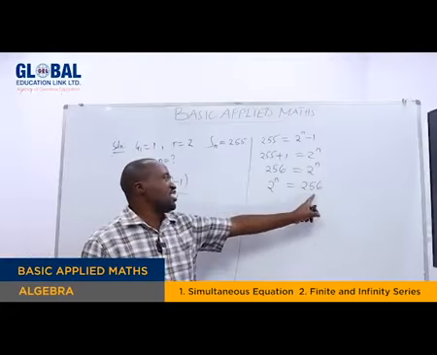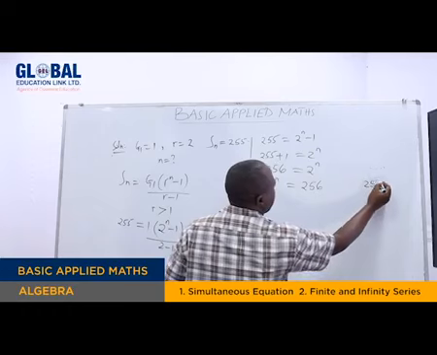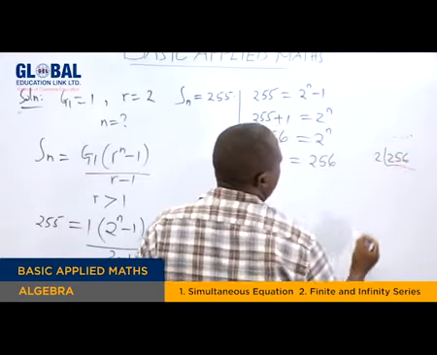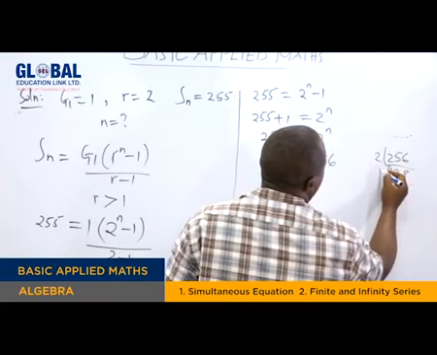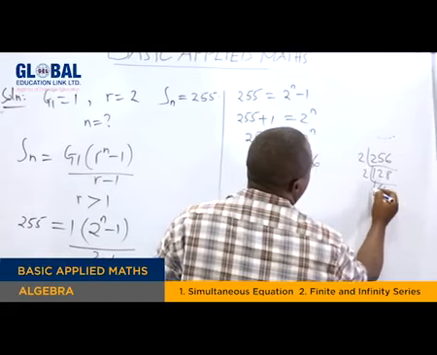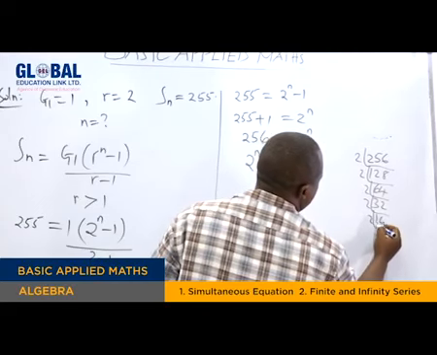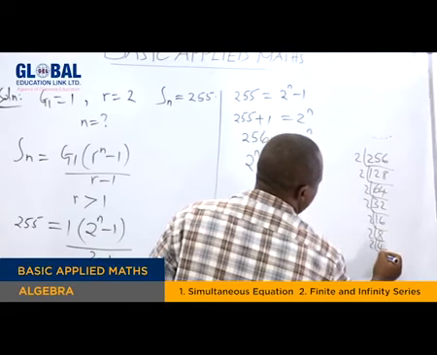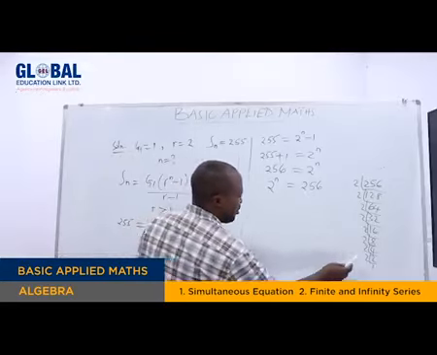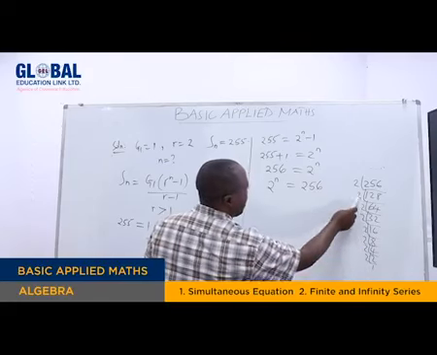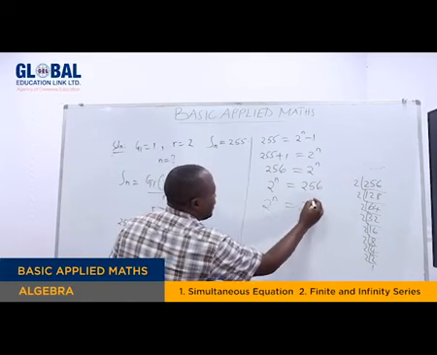Now, here the base is 2. You can try to simplify this number by using base 2. Remember, we have 256 divided by 2. Of course, it is 128. By 2, we have 64. By 2, we have 32. By 2, we have 16. By 2, we have 8. By 2, we have 4. By 2, we have 2. And by 2, we have 1. Now, how many 2s are here? You can count them. Of course, we have 1, 2, 3, 4, 5, 6, 7, 8. Therefore, 2 raised to N is equal to 2 exponent 8.